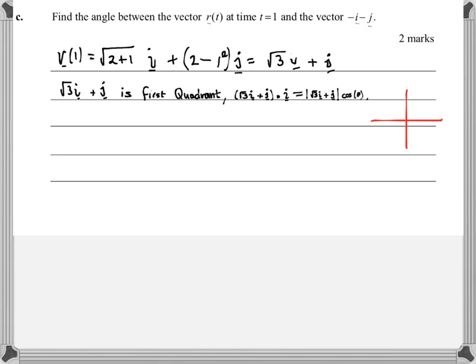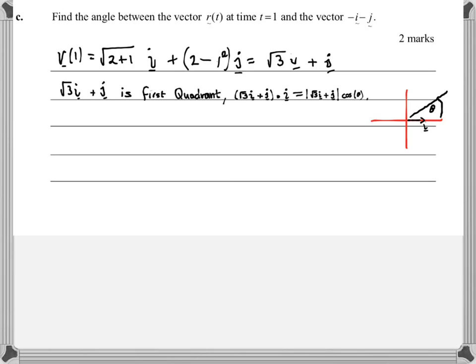Here's a little Cartesian plane, done on the fly. It's a first quadrant vector coming out here, and it makes an angle theta with the i vector, the unit vector in the x direction. So I can determine that angle by doing a dot product with i,